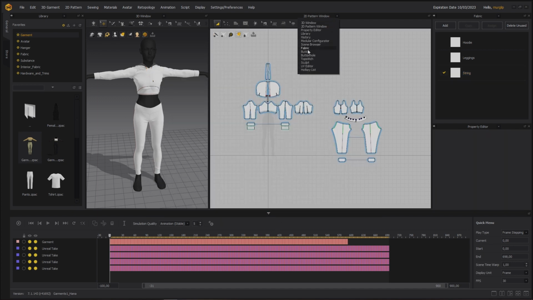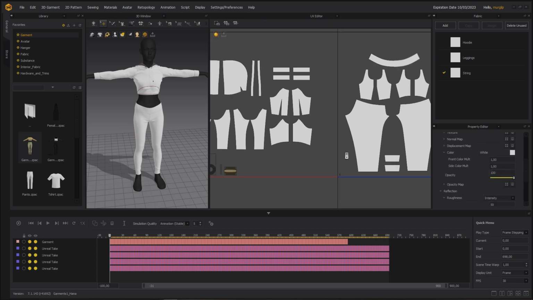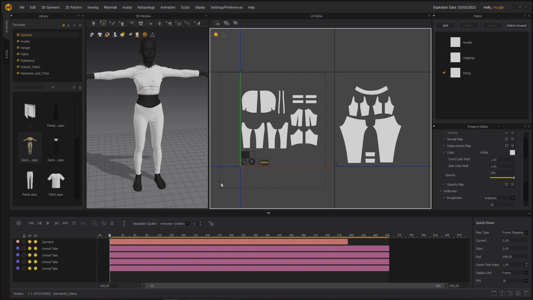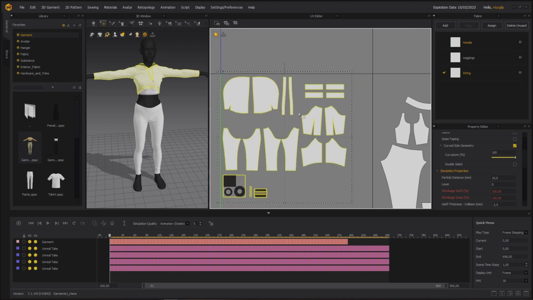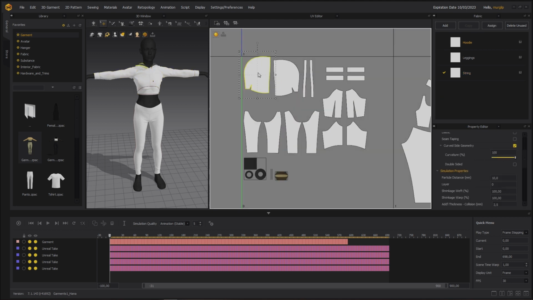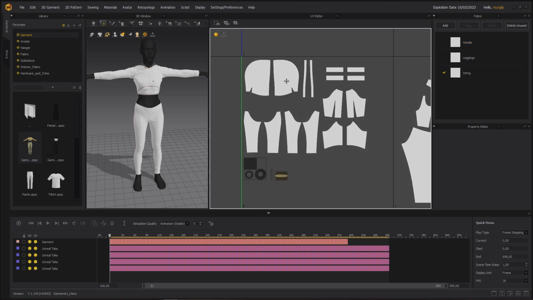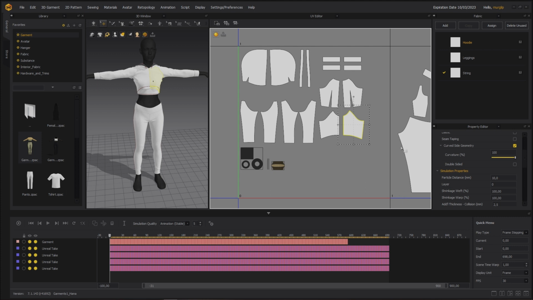Okay, now back to UV map. Make sure none of these patterns overlap each other or go outside of this block. Other than that, you can arrange them however you want inside here. Does not matter.